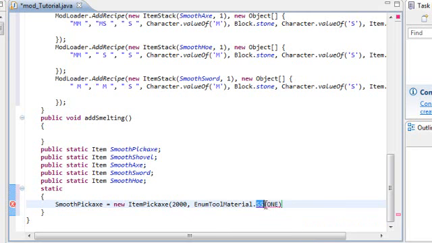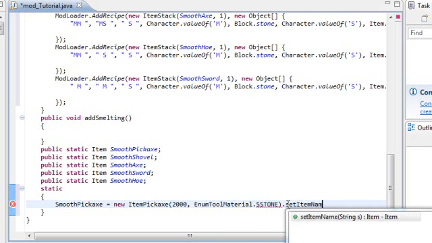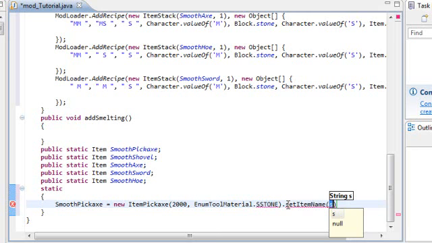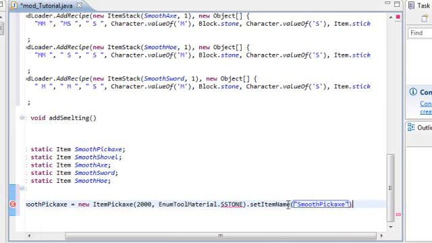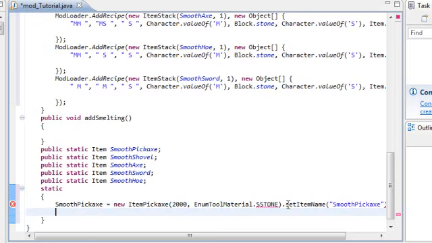and you should have a little thing that says ss stone is not valid. We'll get to making that valid later, but for now just do dot set item name, and this is outside of your parentheses, and then do another parentheses, and inside the parentheses do quotation marks. Inside the quotation marks, this is kind of getting confusing, do smooth pickaxe, and then don't forget to end it with a semicolon, and then do smooth